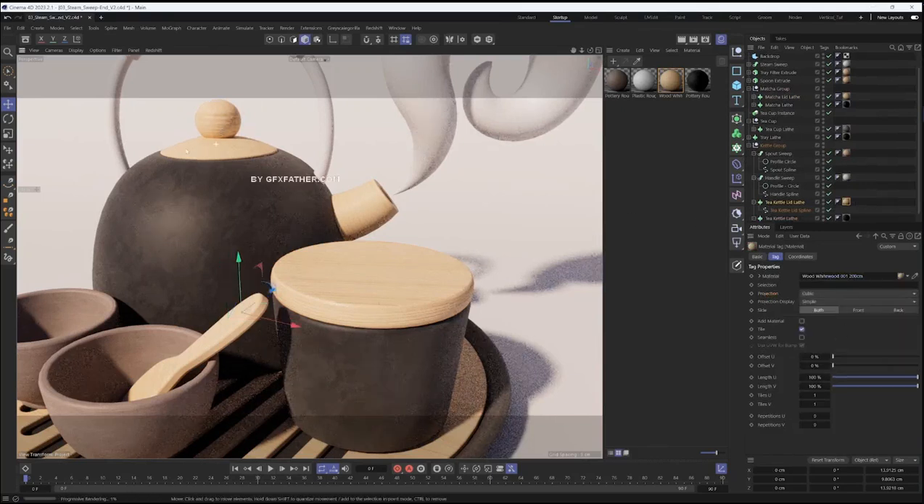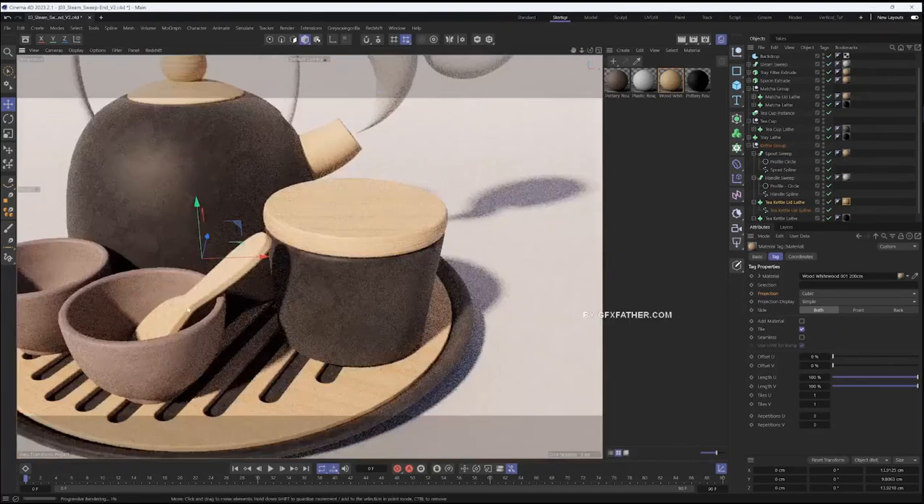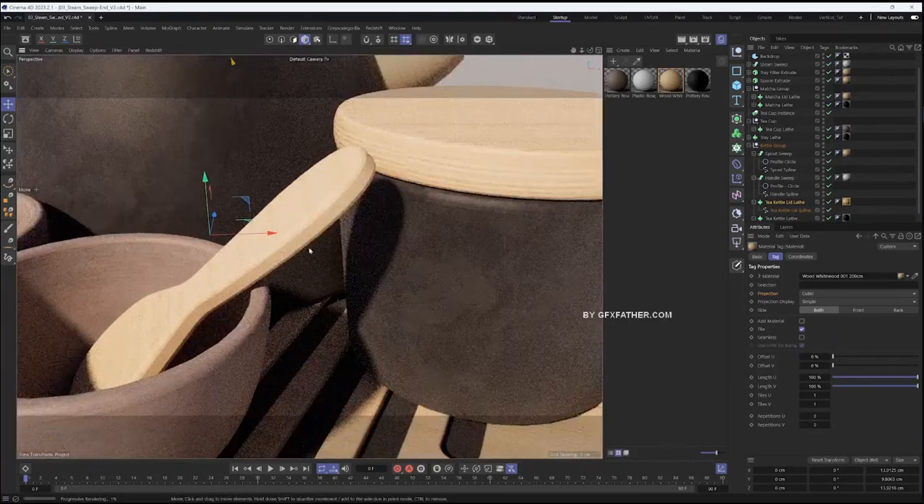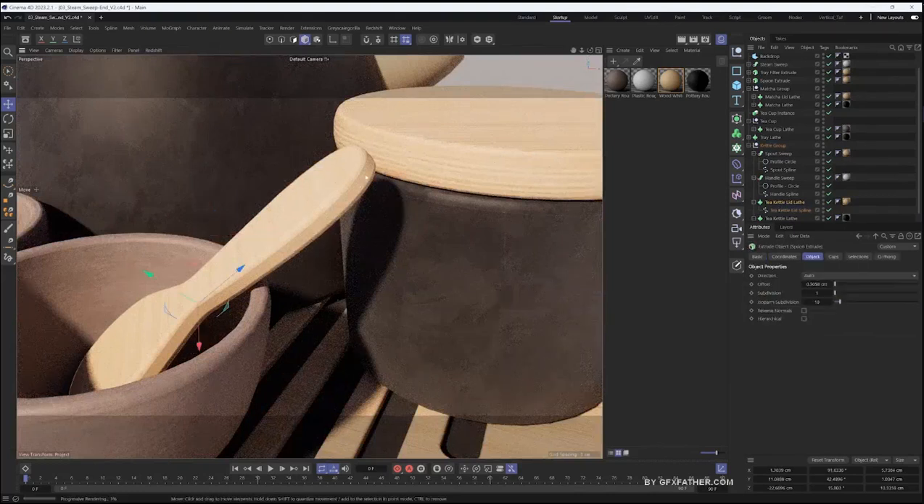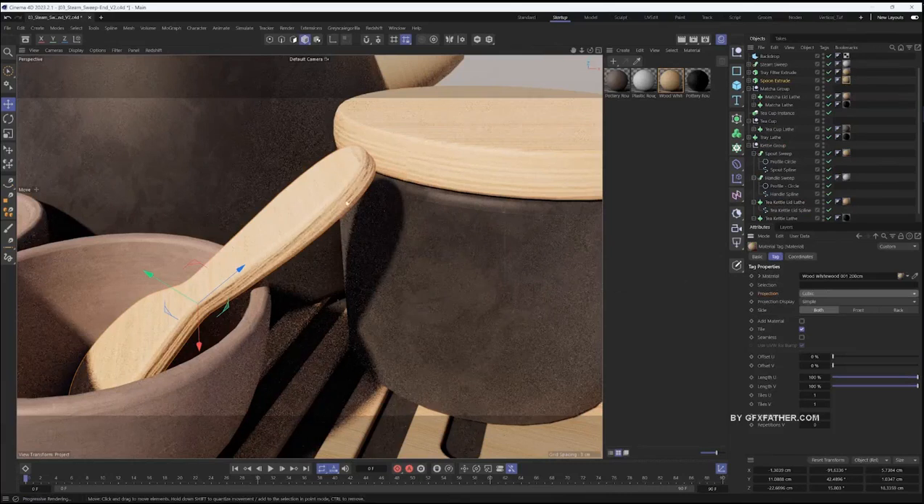And we'll see if that helps. And that looks a lot better. And let's see what this looks like on the spoon. I think the spoon's looking pretty nice, but you can see that the material is kind of not showing up on the edge there. We're just getting the color. So on the spoon material as well, we'll go to cubic and we should see that wood grain, yep, along